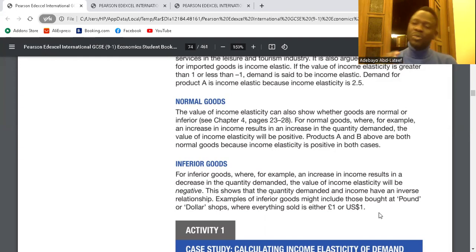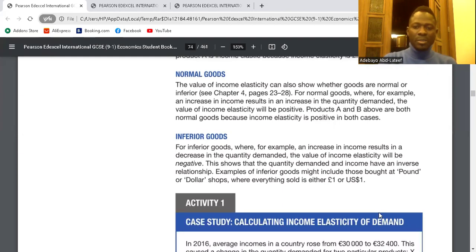So for inferior goods, why do we call them inferior goods? We call them inferior goods because we only think about these goods as soon as our level of income falls. Do you get it? So the YED for inferior goods is always negative. What do you mean when we only think about them when our level of income falls? When you don't have much, that's when you think about those goods. So whatever goods you think about when your level of income drops, it's an inferior good. Those goods that you think about when you have much with you, they are normal goods. Clear? Clear. Any question about that?